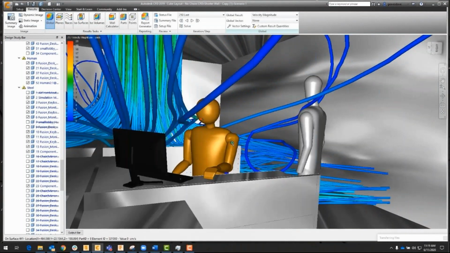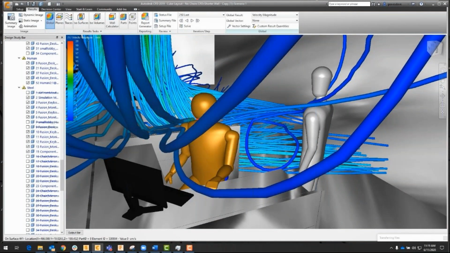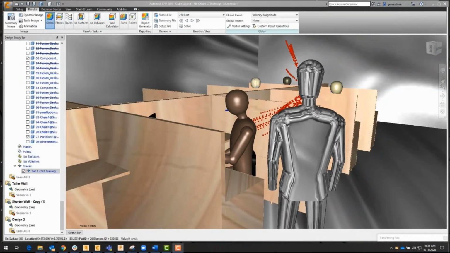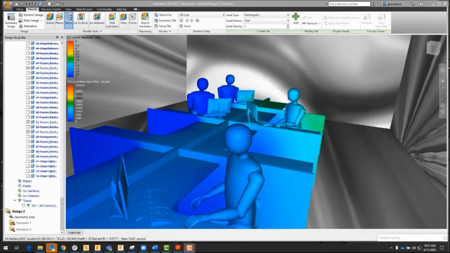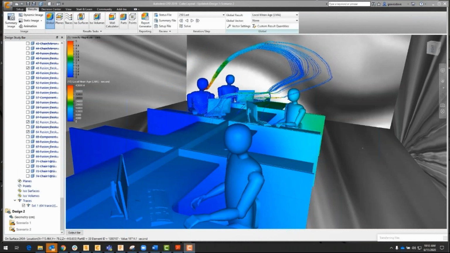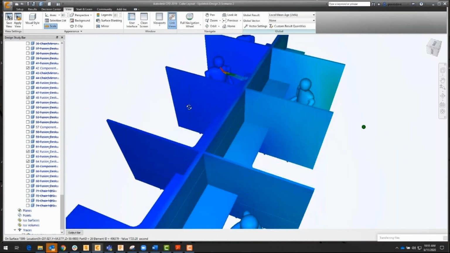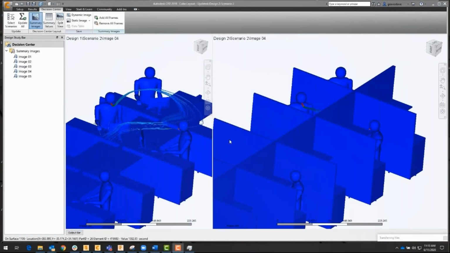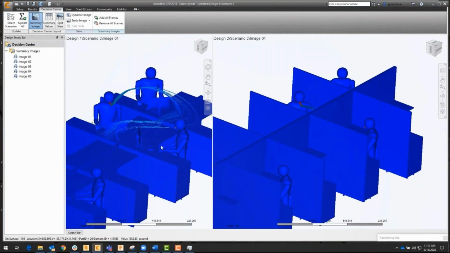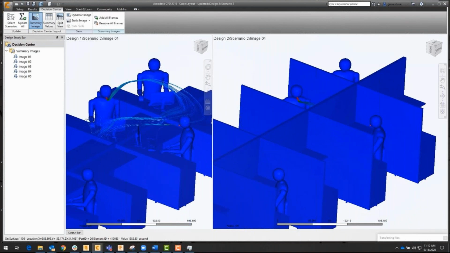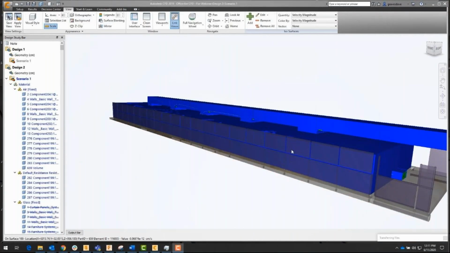So here, if you can see, Autodesk CFD tool allows you to do this airflow analysis, where I can identify what is the minimum distance I need to maintain, or how should I approach that scenario. Even between team members, do I need to place infill partitions? Even if I want to place infill partitions, what should be the correct height of the partition? So again, it gives me the flexibility to approach designs from various different aspects, and again take the right decision with a lot of data being available to me.